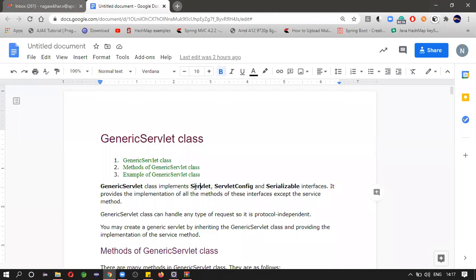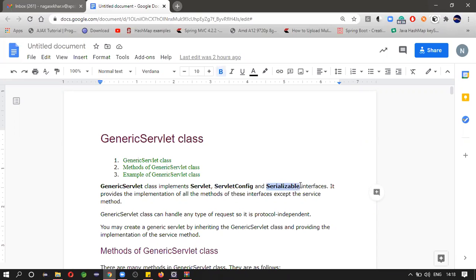Next, this servlet is being implemented by generic servlet. So you can say that this is a class and this is the interface. So you can create object for this class, right? You cannot create object directly for servlet interface. Next we will see what is servlet config and serializable.